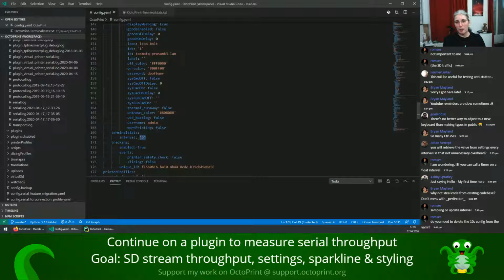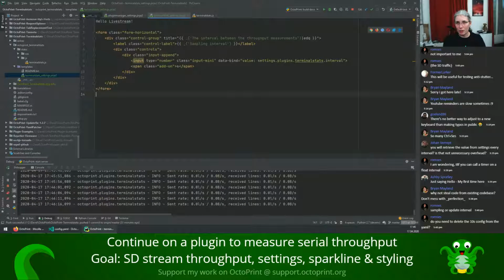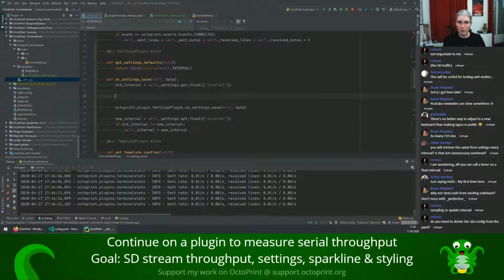And now we have a problem that is sadly something that happens a lot: by default, OctoPrint will send this stuff as text, so the front end will send this stuff as text over the line. Apologies, it's a Friday evening. And we don't want this to be a string, we want this to be a number, and actually we want this to be a float. So we have to tell OctoPrint to change that into a float, and we are already doing this stuff here anyhow. So what we can do is we take a look into the data,